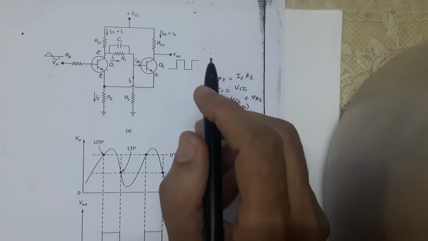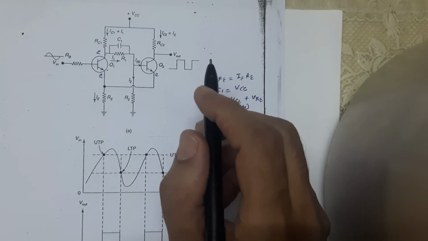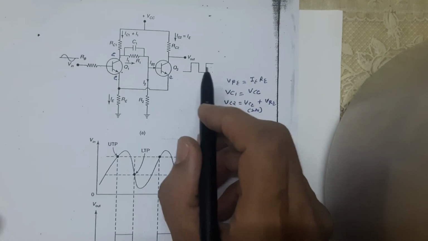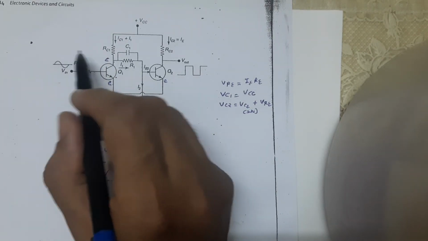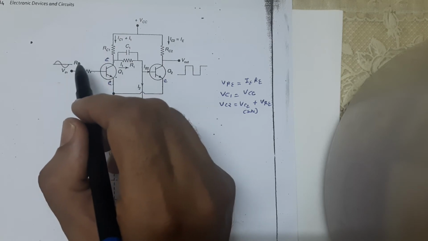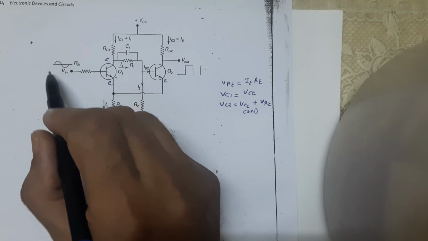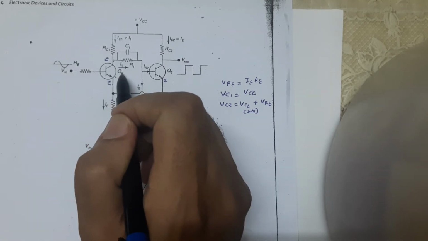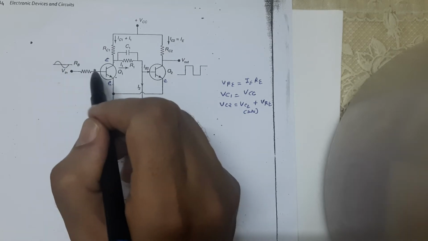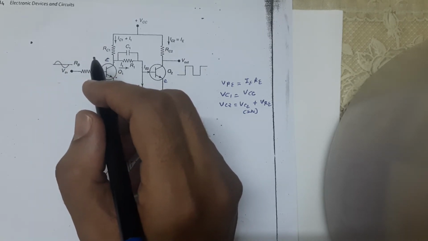Now consider an AC signal of sine wave or triangular wave applied to the base of Q1. So that was for when there is no input voltage. Now we consider that we are applying any type of waveform, either sine wave or triangular wave. We consider a sine wave applied to the input of transistor Q1, through the base. Consider an AC signal of sinusoidal variation applied to the base of Q1.